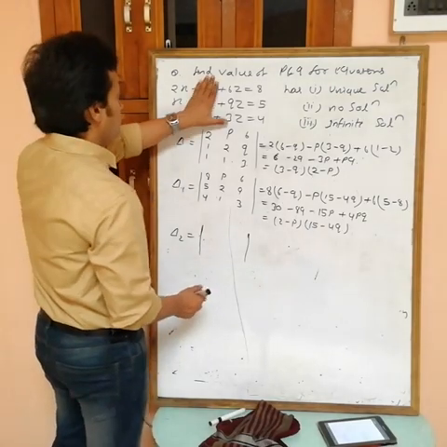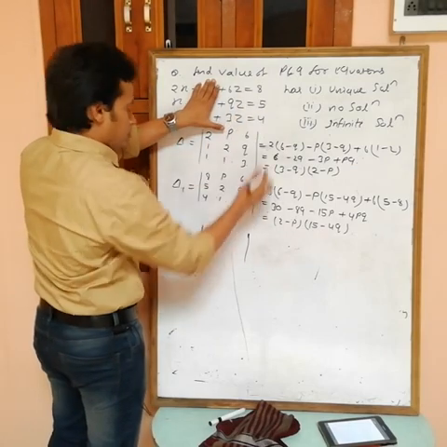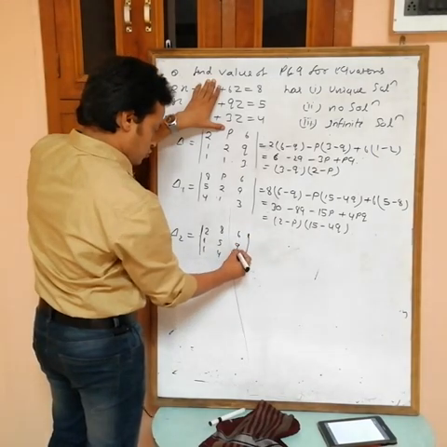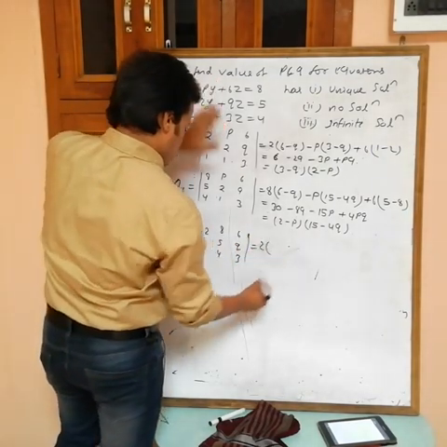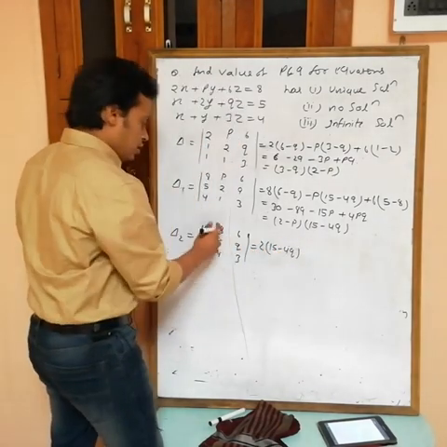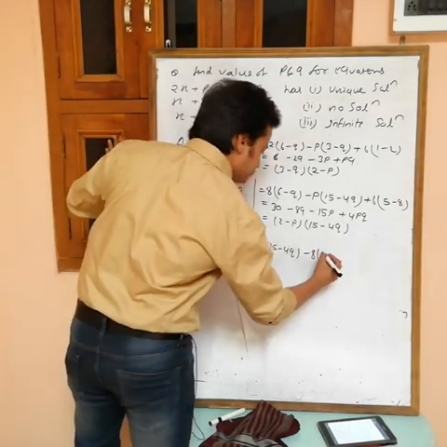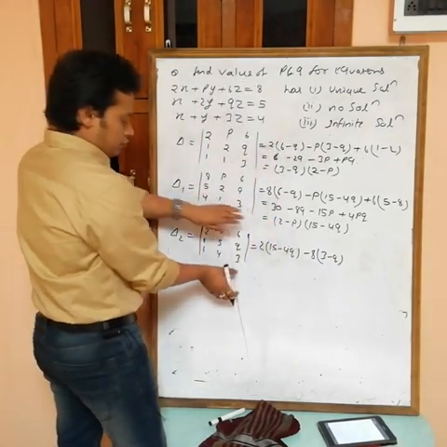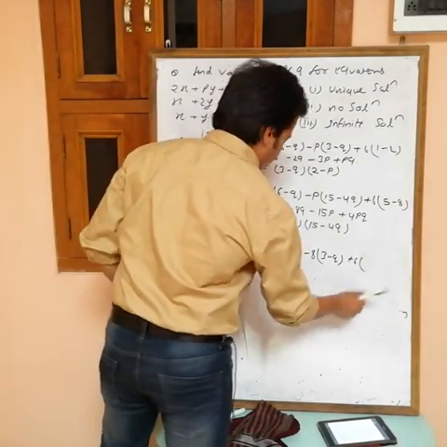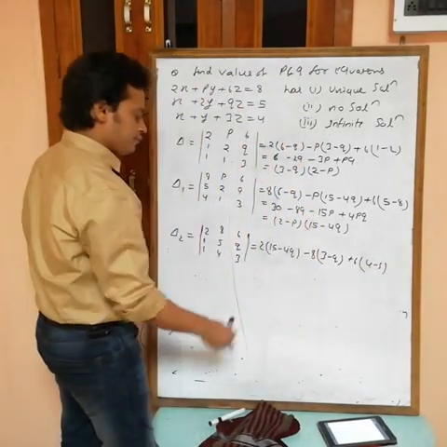Now how to get del 2? Del 2 for y, na? So 2 1 1. Okay, at the place of this one, put 8 5 4, then 6 q 3. Expand 2 into 15 minus 4q. Okay, after that minus 8 into the corresponding row and column, 3 minus q, and then 6 into the corresponding row and column, 4 minus 5. Okay, na? 4 minus 5.